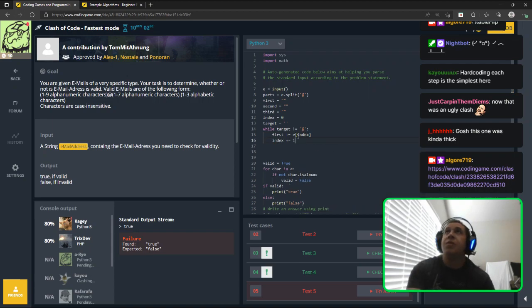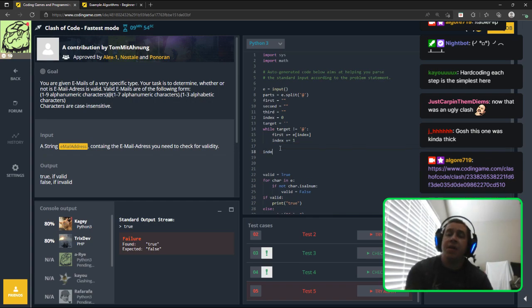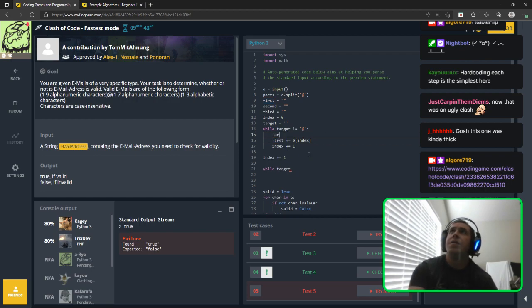Index plus equals 1. Okay, so that should suck up everything into the first, and then index plus equals 1 to move it over the thing. While target, e index. Okay, and while target is not equal to dot,